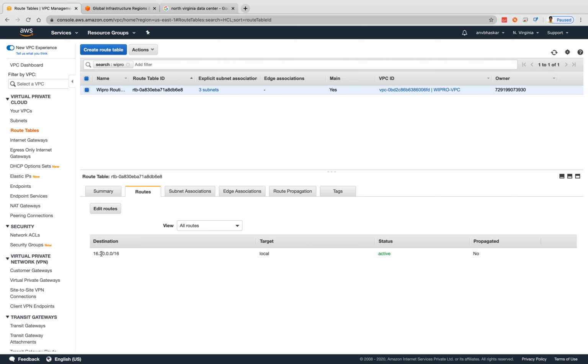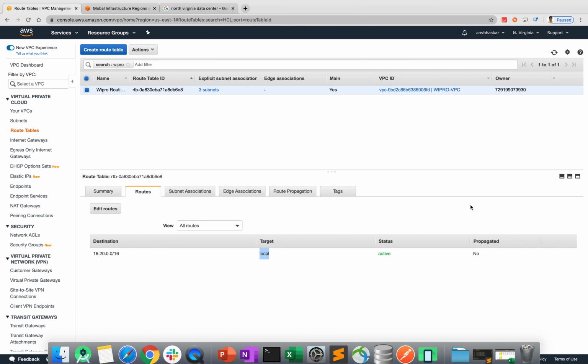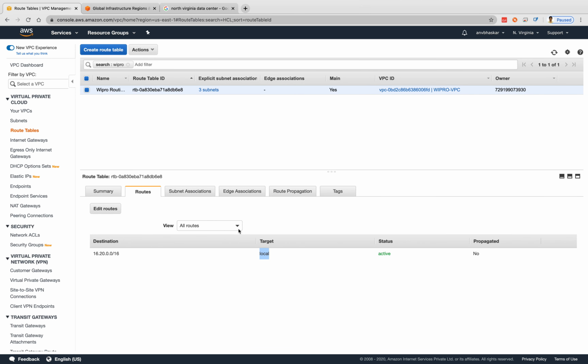This is local, this is my destination, all my IP addresses will start in this range, and this is my target local. Both will communicate via this routing. But if you think, if from your home, your system wants to connect to this VPC through this gateway, you need to allow it here. If you want to come in, you want to enter, some router configuration is required. That routing we are providing here.